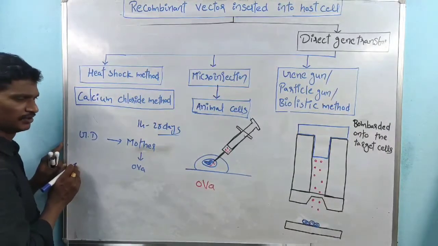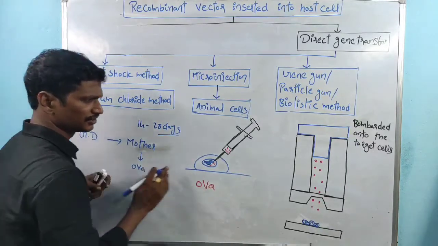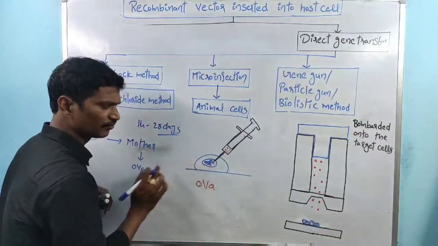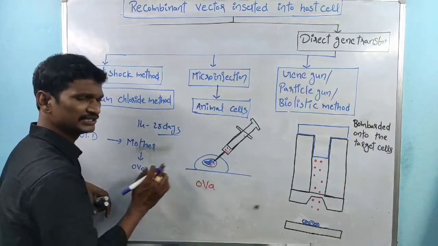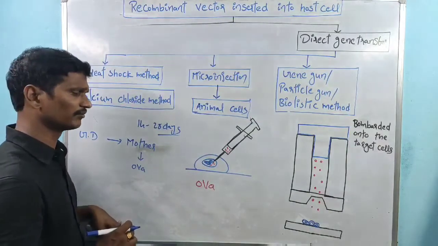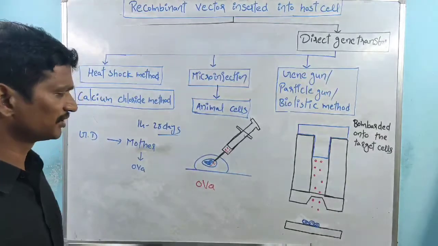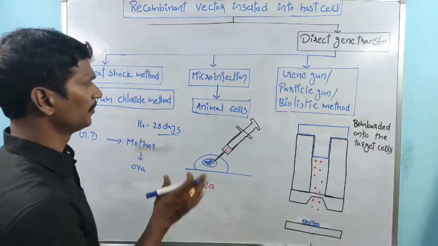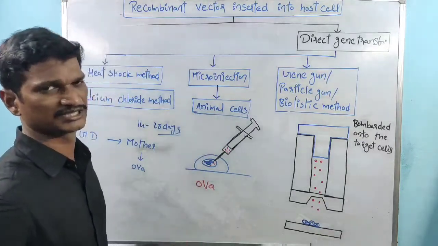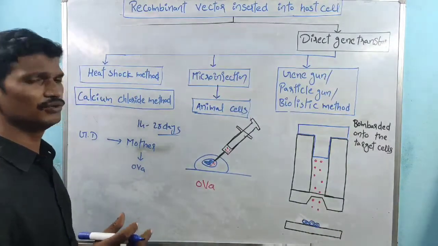The mother is expecting that the disorder characters are not expressed in the next generation. For that purpose, the mother consults the recombinant DNA technology process. In that case, these are the desired genes which are inserted into the ova. These genes are majorly involved in the replacement of the defective genes. So the microinjection method is very useful for animal cells.